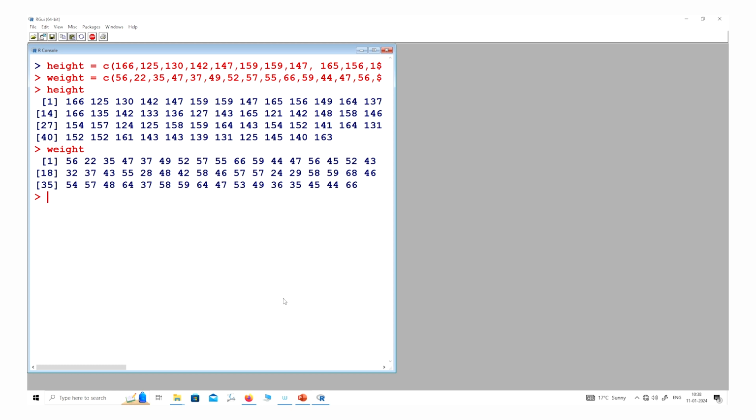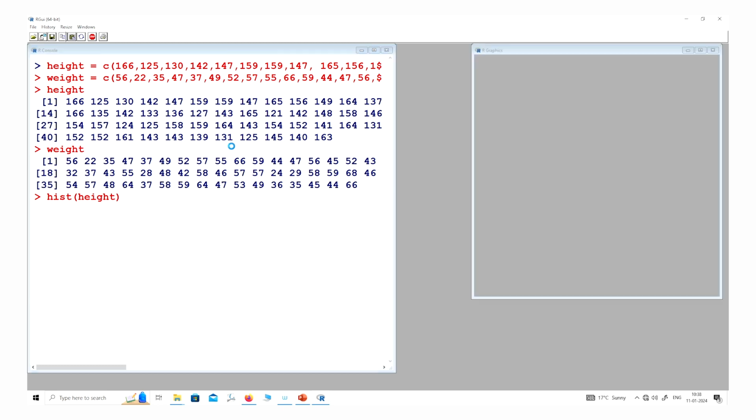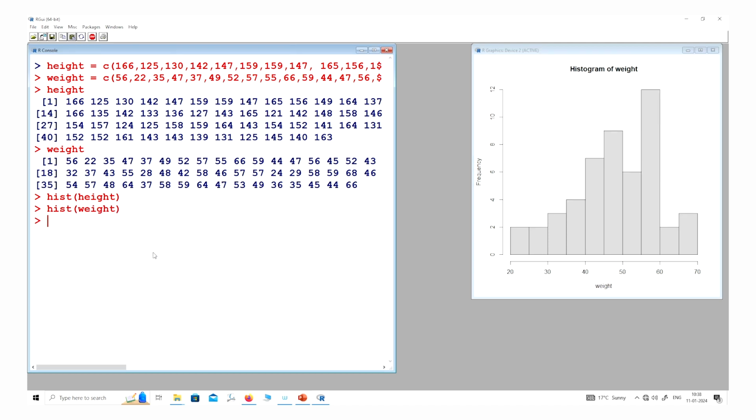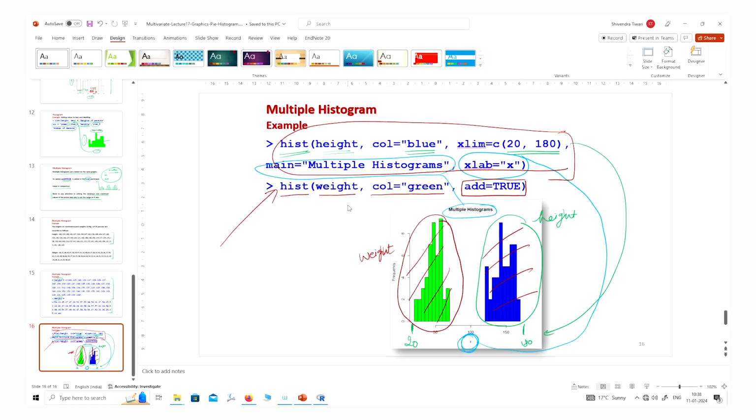And if you make the histogram of height, it will look like this, and if you want to make the histogram of weight, it will look like this. But now I want to make both the histograms on the same sheet.